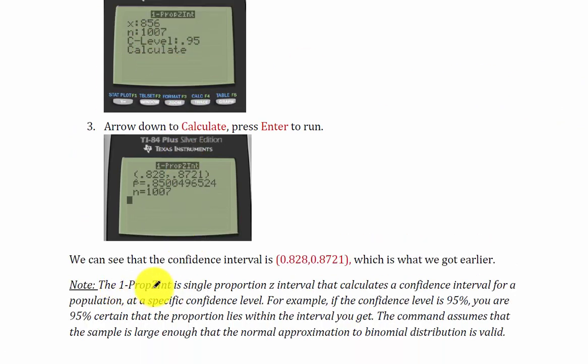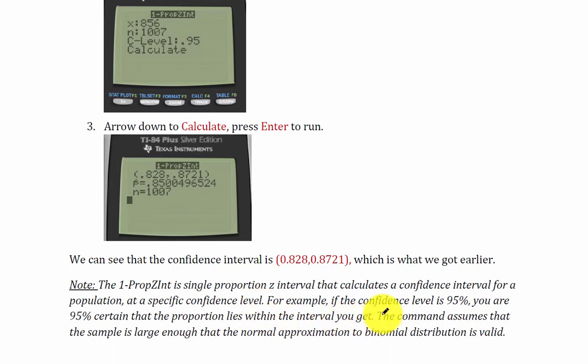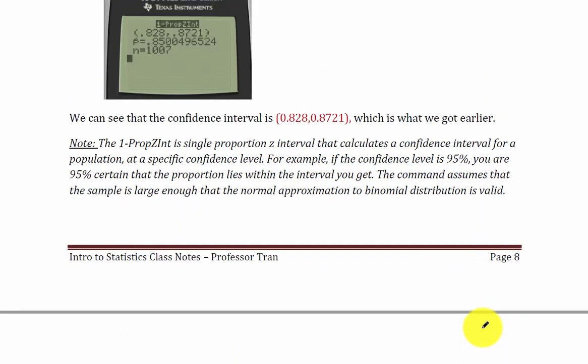Now the 1-PropZInt is just a single proportion z interval that is used to calculate a confidence interval for a population proportion at a specific confidence level, right? In this case, we have the confidence level of 95%, so you are 95% certain that the proportion lies within the interval that you get. And the command assumes that the sample is large enough so that we can use the normal approximation to the binomial distribution. Okay, so that is the end